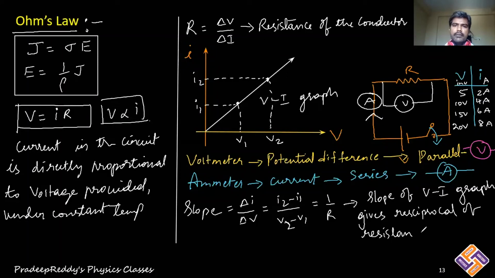Sometimes you may be asked a question, like you may get a problem. They will be giving you a graph like this. You should find out the resistance in the circuit. In such a case, what will you do? See, when you are getting a graph, definitely you need to check this I and V. Sometimes they may give these values reversed. On the Y-axis they may take V, on the X-axis they may take I. Then in such a case, the slope directly gives you resistance.